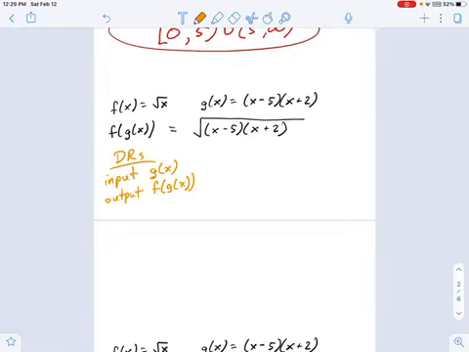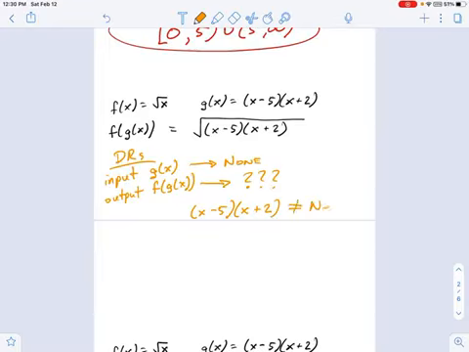Now the input function is this guy, g of x, and there's no divided by fractions, there's no square roots, so there's no restrictions. Okay, so we have none. No restrictions from that guy. But from the output, we are going to have some things to deal with. We have to deal with this stuff, which is the square root of a polynomial. I don't know if we've talked about this yet, but I want to remind you that it's a square root function. And at the end of the day, you can't have a negative radicand, which means x minus 5, x plus 2, right, that's g of x,